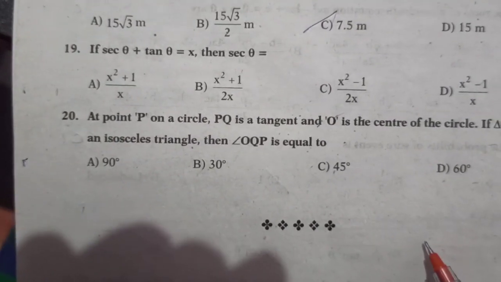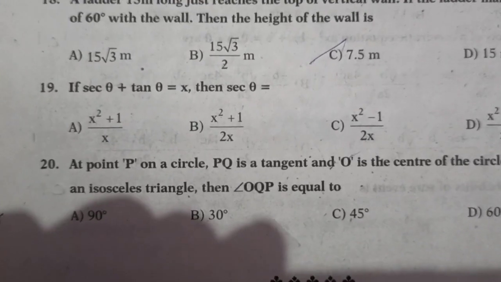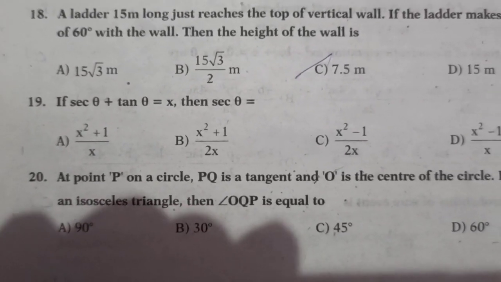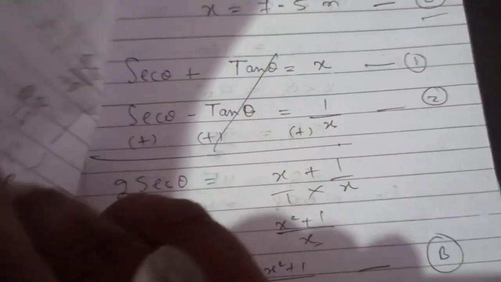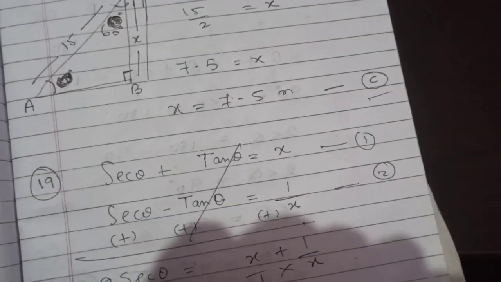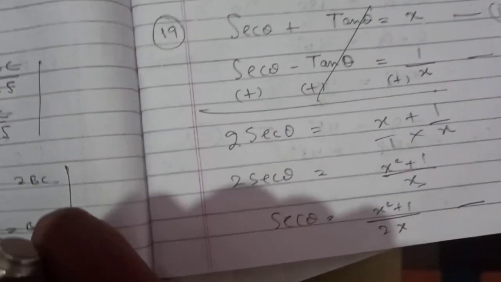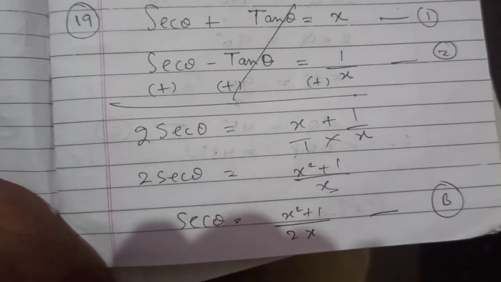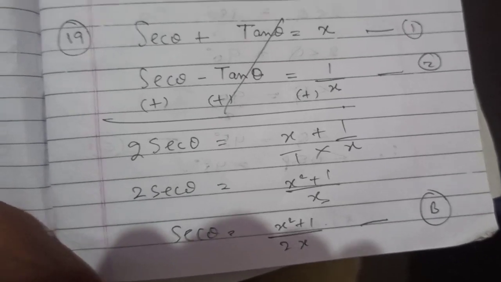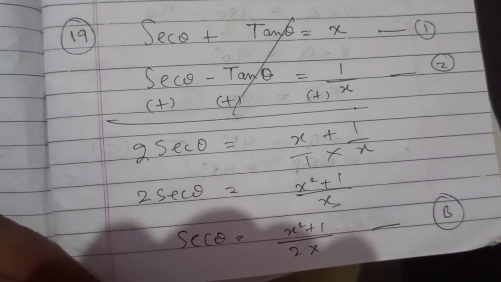Next. sec theta plus tan theta equal to x, then sec theta equals what? See here, sec theta plus tan theta equal to x, we know sec theta minus tan theta equal to 1 by x, the reciprocal. Okay, now if you add these, sec plus sec, 2 sec theta, tan cancels,